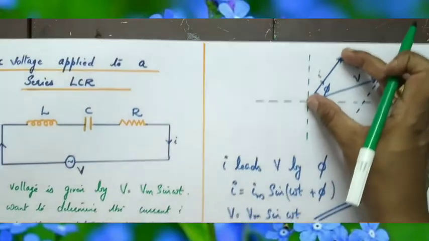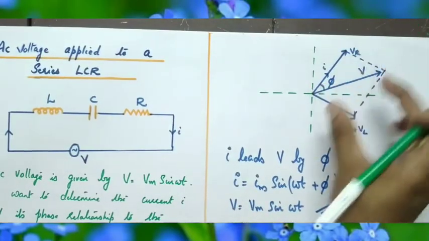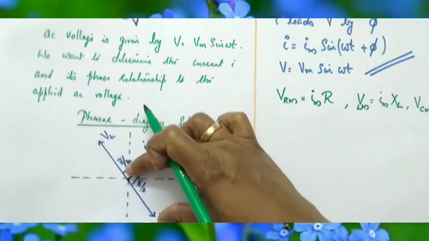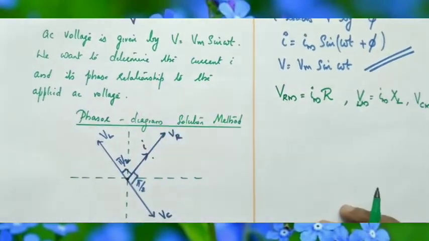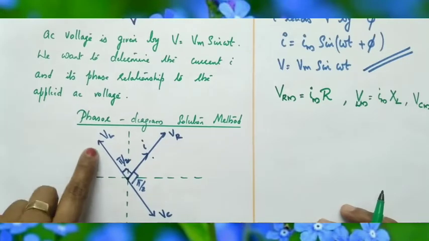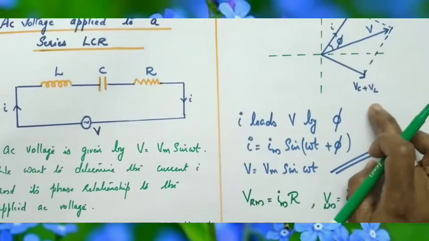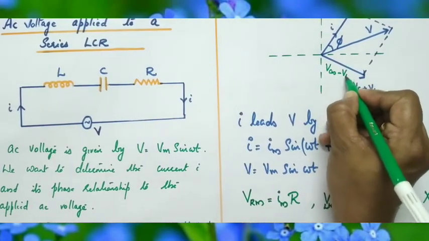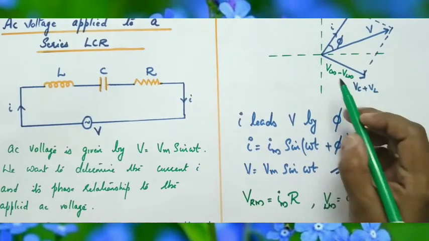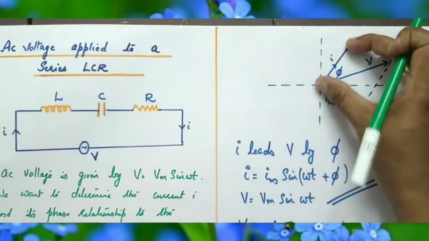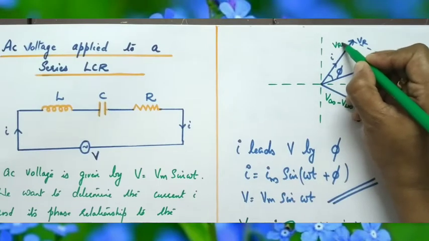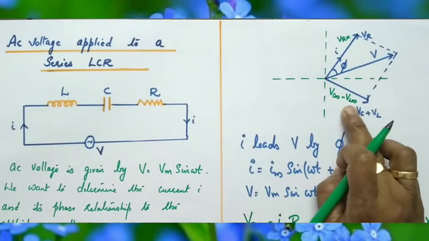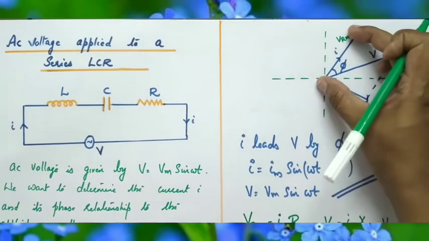Clear? Here this magnitude is VRm. The magnitude of VL is VLm, and the magnitude of VC is VCm. Now, if VL is taken to the other side, it becomes VC plus VL, but its magnitude is VCm minus VLm. Clear? Its magnitude is VCm minus VLm. Here its magnitude is VRm. Only the vector can be rotated, the magnitude remains VCm minus VLm, and here the magnitude is VR.